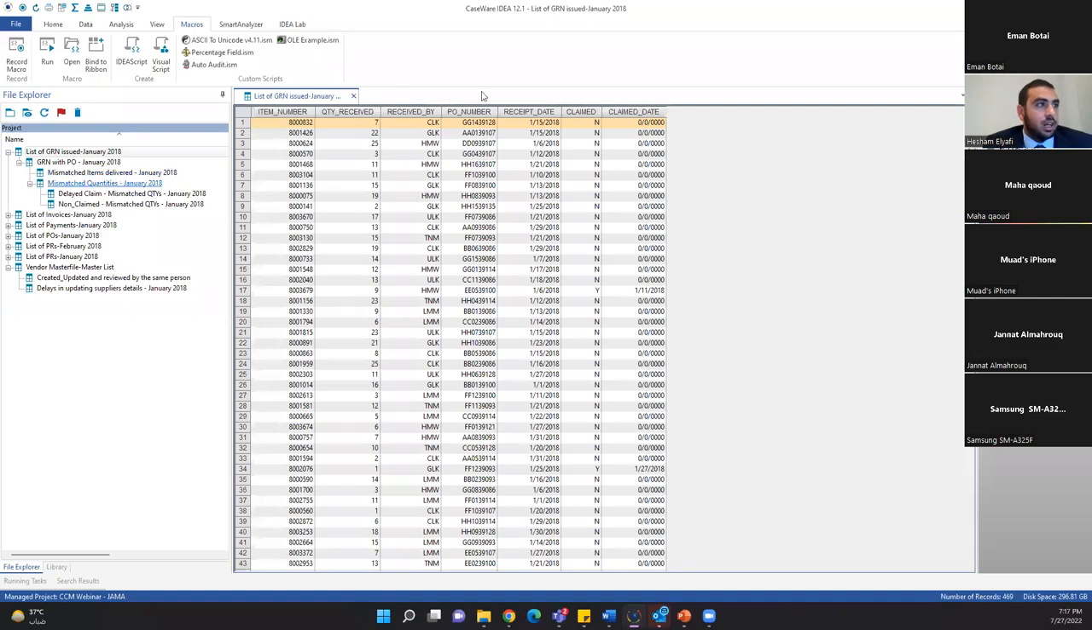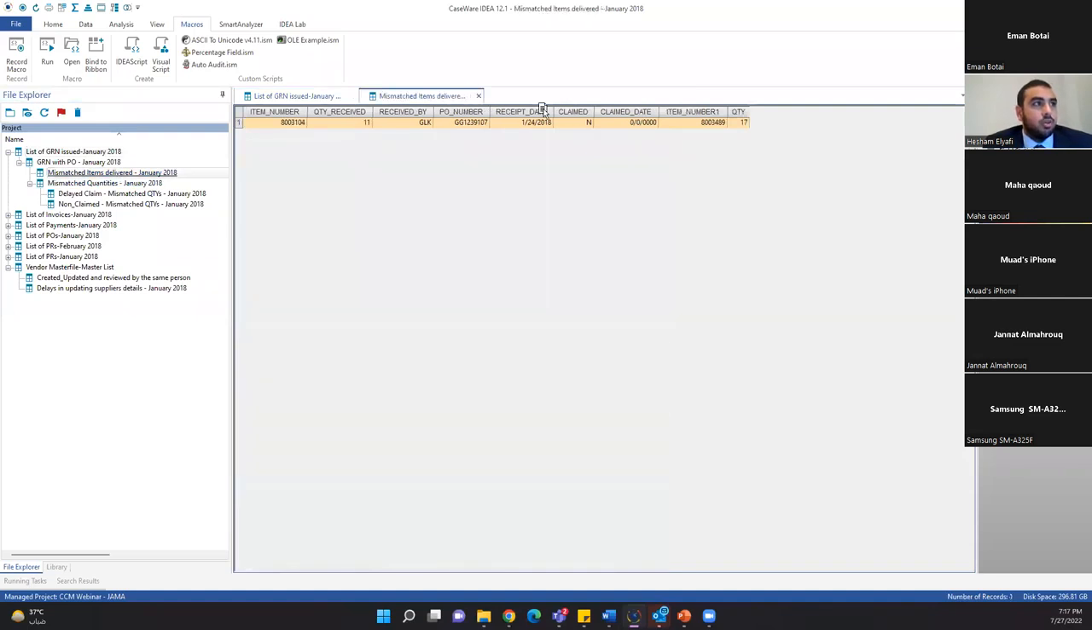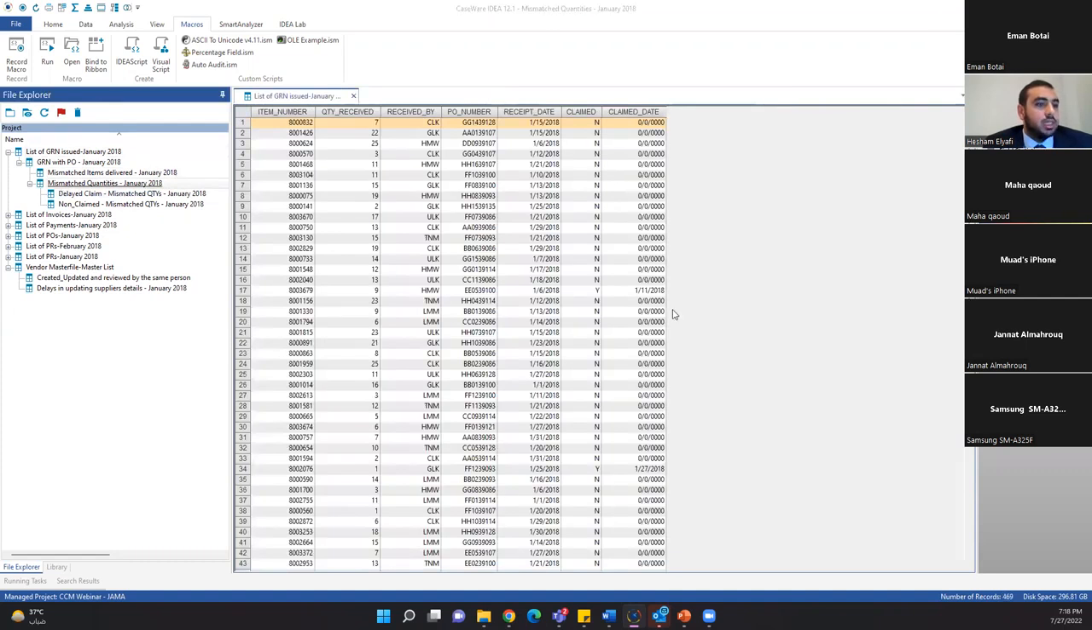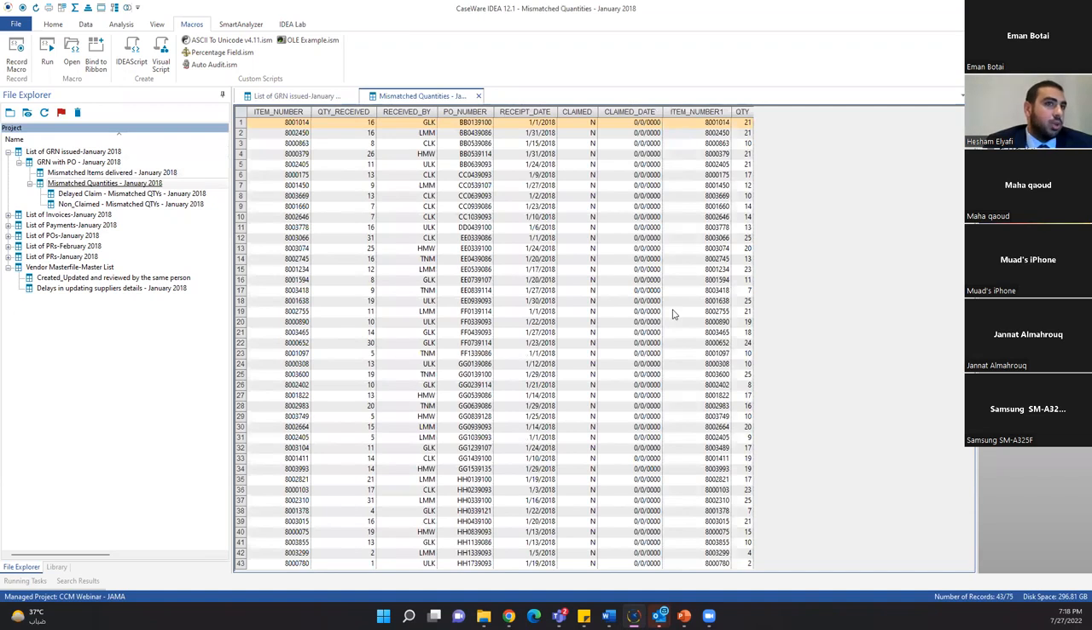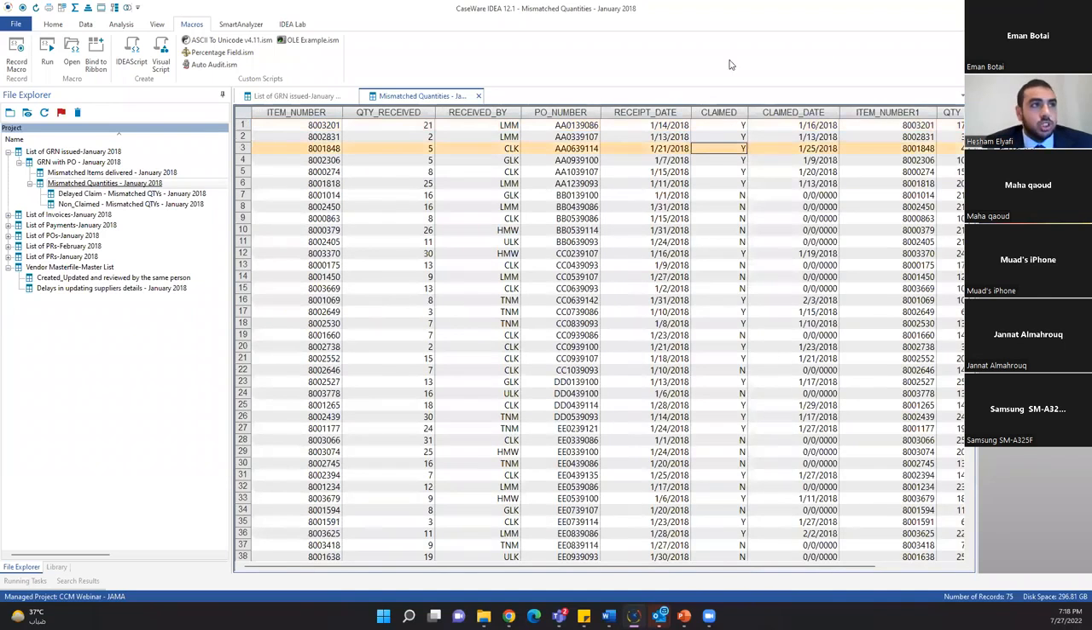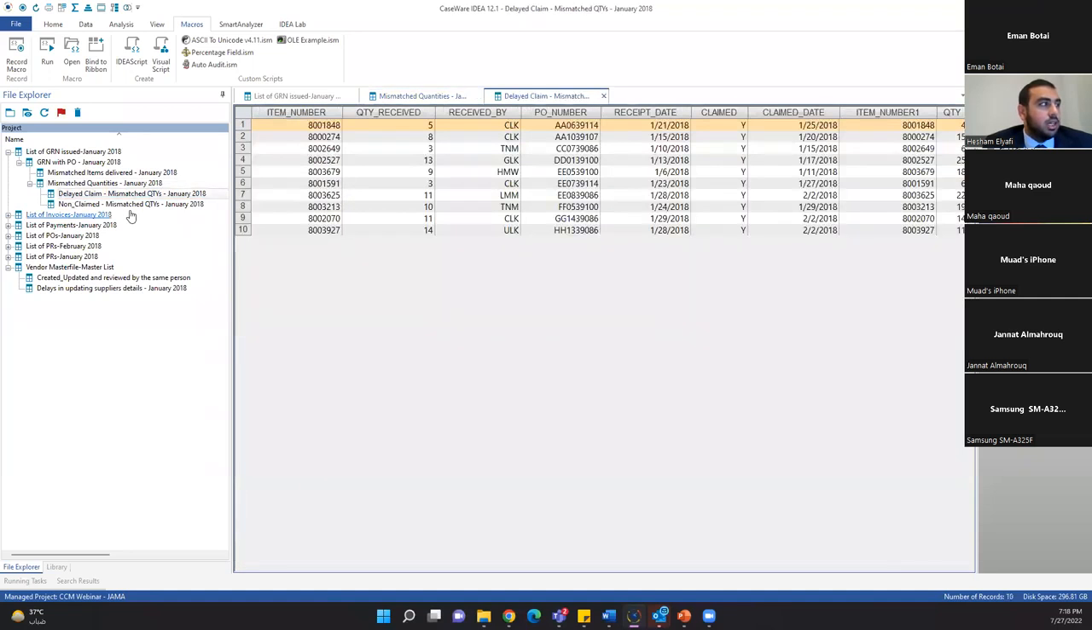So I can see that there is one mismatched item between the PO and the actual goods receipt. So the mismatching item is the following. You can see the difference between the item numbers. And then the mismatching quantities, we can see there is a wide range of mismatching quantities. Some of them, you can see here in the claim column, were claimed back from the supplier, some of them were not. So if we want to identify the ones that were not, we're just going to isolate them and get a resulting file that will have the non-claimed